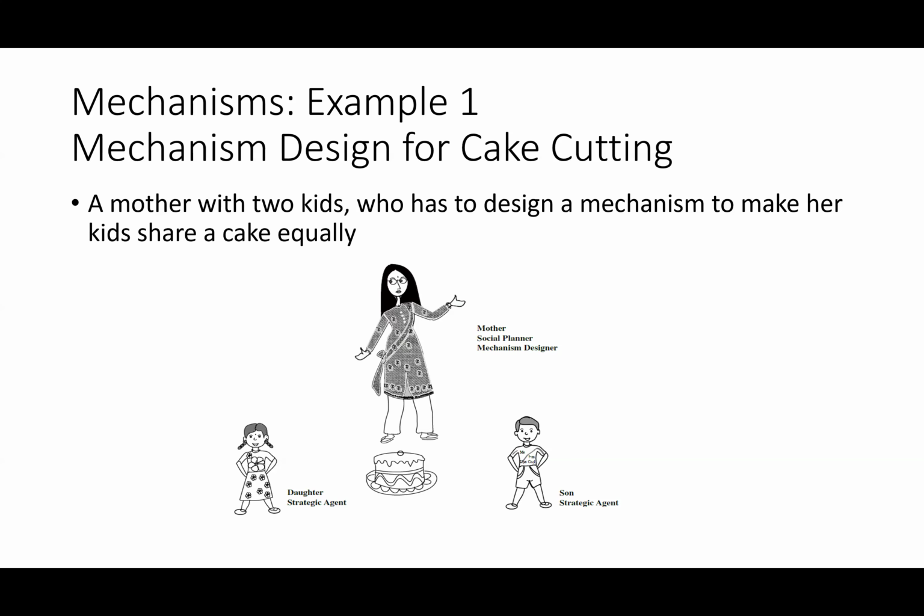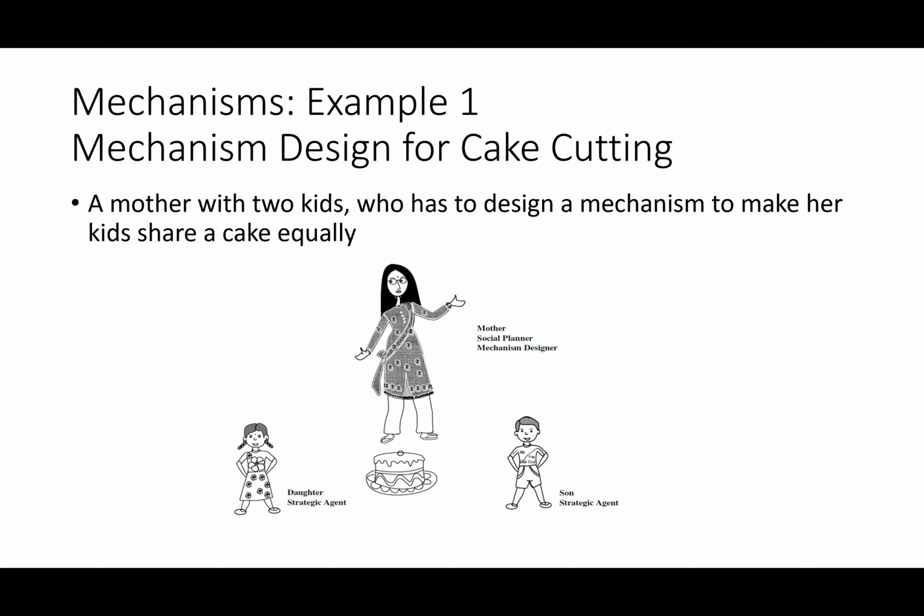Now, the girl didn't get the opportunity to cut the cake, but she got the opportunity to pick first, assuming she's the second. So assuming the boy comes first and he cuts the cake, the girl comes second, but she gets to pick first. So each of them is satisfied one way or the other. At the end of the day, they are happy. Guys, I hope you understand this. So what the mother had done is that she made sure that in each child's mind, everyone is okay.